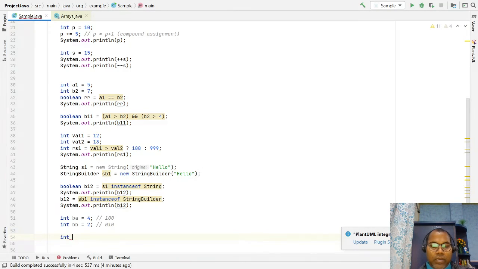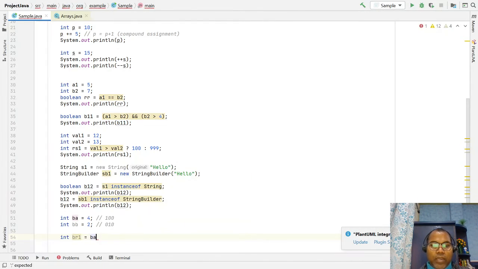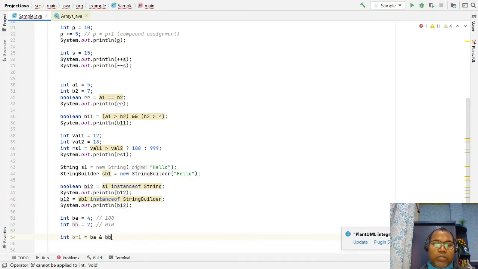Int bitwise result 1, let's say a bitwise and b.